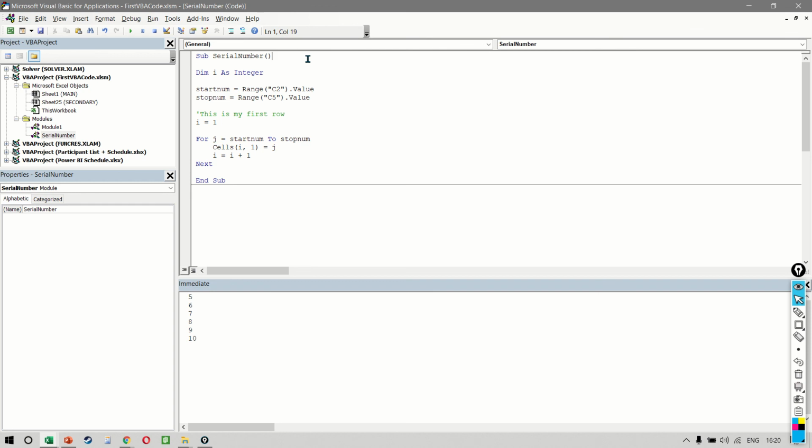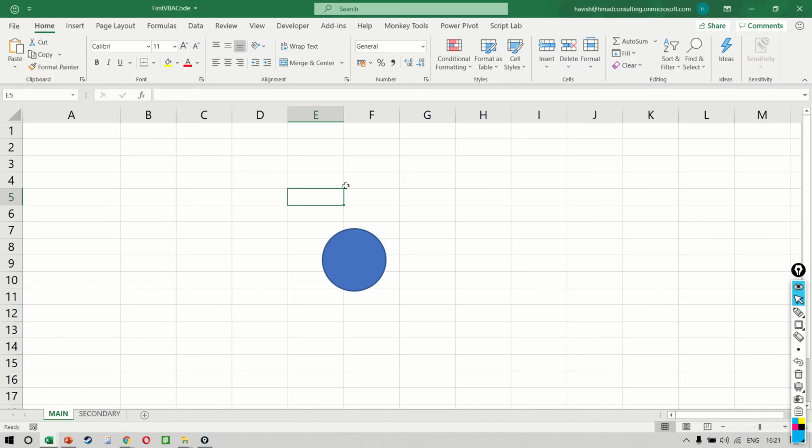Okay, so this time we say serial number with input box, and we will say that start number is not coming from C2 dot value, it is coming from input box where we're telling the user, please enter start num, right? And then we can just copy and paste this. And in the next one, I will say, please enter the stop num. Now remember the rest of the code remains exactly the same. And how does it work now?